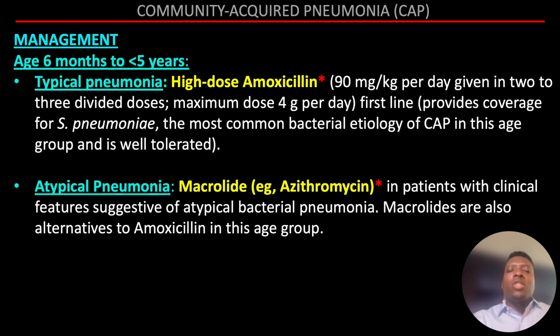Now, what if they're a young child? So let's say 6 months to less than 5 years. What are your options? If you suspect a typical pneumonia, then we often use high-dose amoxicillin because it covers gram-positives, negatives, beta-lactamase, and even some anaerobic coverage. So it's great for typical organisms in young children. Again, if you suspect an atypical pneumonia such as mycoplasma, you want to avoid amoxicillin because it doesn't cover those atypical suspects. In that case, you can use a macrolide in young children when you suspect an atypical pneumonia as